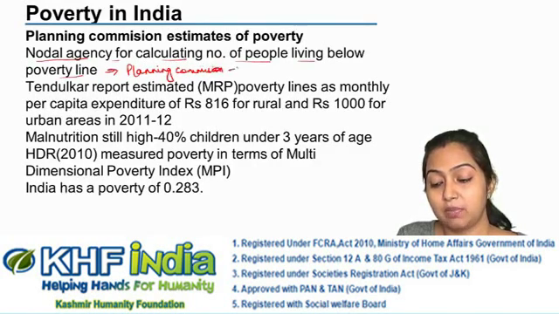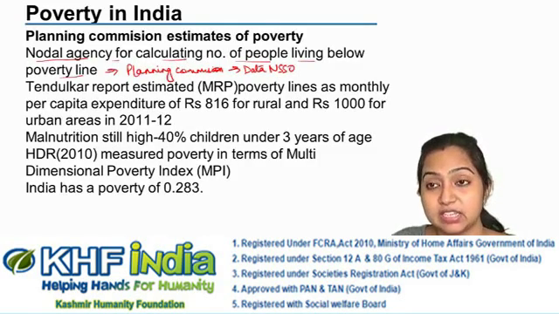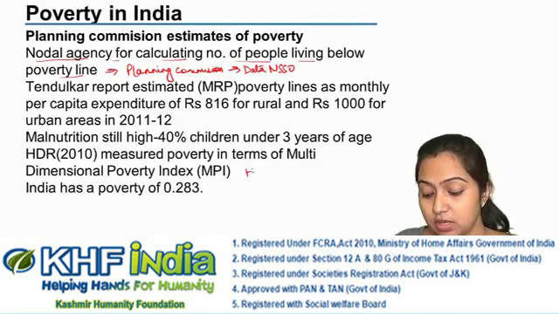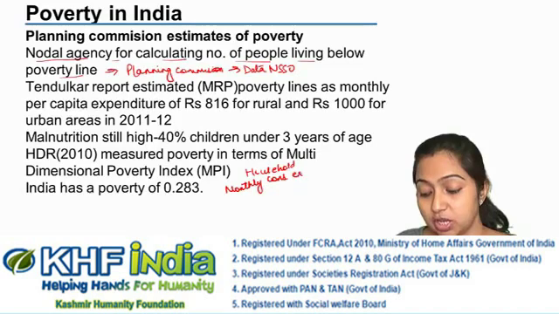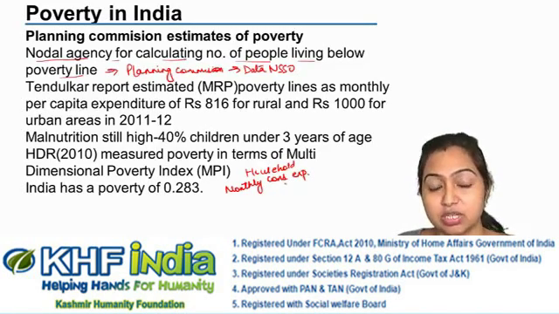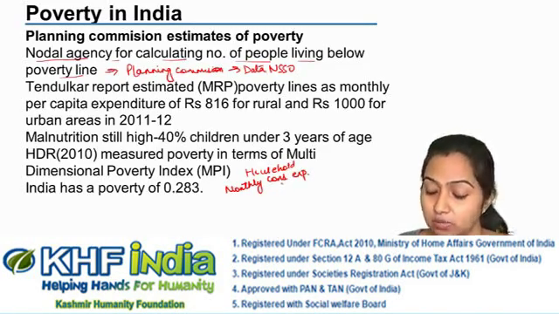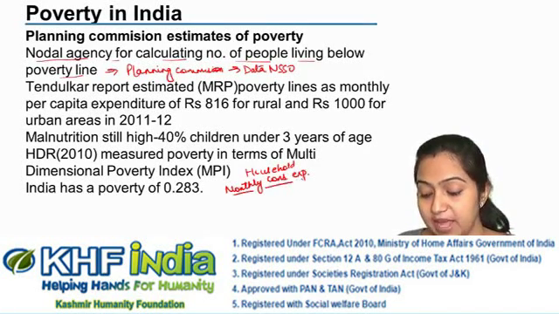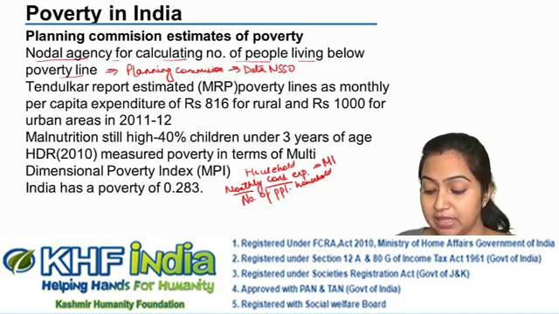And it does it with the help of data provided by NSSO. As I told you, NSSO does a survey of each household. They calculate the monthly expenditure of each household. What is their monthly consumption expenditure? How much they spend on consumption of food items as well as non-food items. Then they divide it by the number of people in that family, the number of people in their household. And then they arrive at monthly per capita